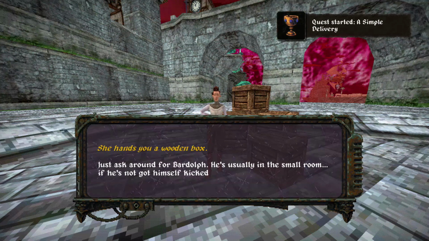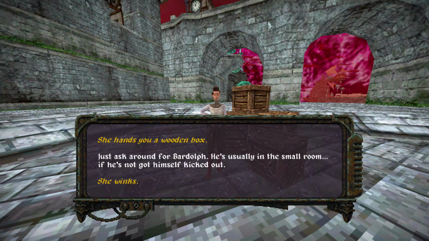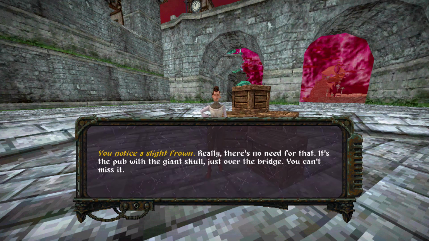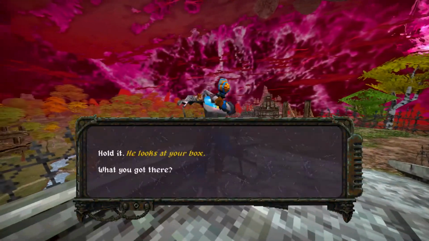But how often do the guile and persona skills come up? Early on in the game, I was given a package by a quest giver, and they were a little bit shady about how they gave the package, and you can choose to ask them about it or you could choose not to. Later on in the quest, you get stopped by a guard, and the guard asks you what's in